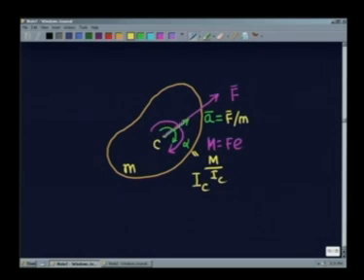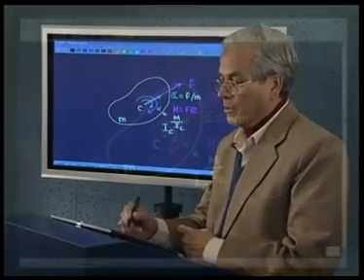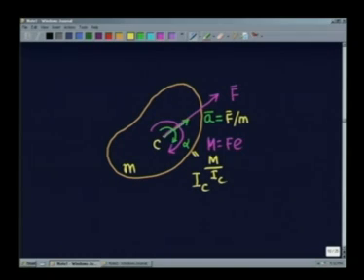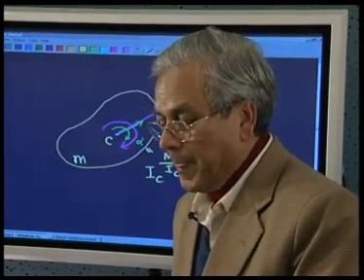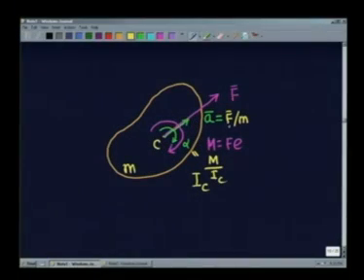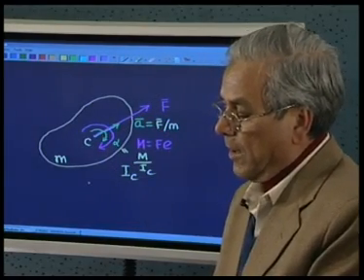So, therefore, any set of forces on a rigid body in plane motion can be considered to be the effect of a single resultant force on that rigid body, which in turn is equivalent to that force acting through the center of mass of that body and a moment acting about the center of mass, which is given by the force and the product of the force and the eccentricity of the force, which causes the motion of the rigid body in this following form: the center of mass is accelerated, which is given by this, and the body gets an angular acceleration alpha, which is given by this,